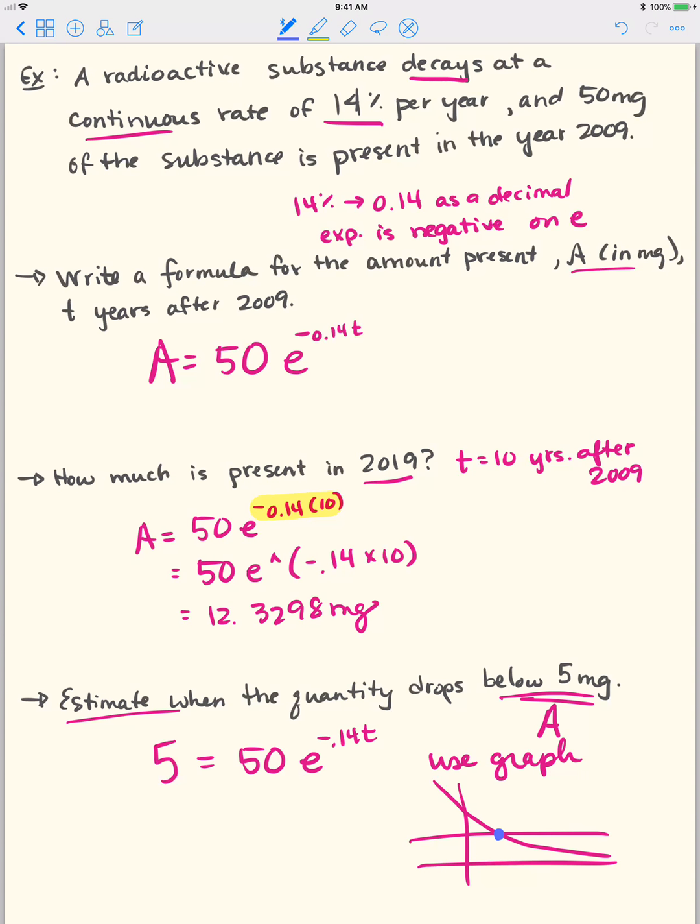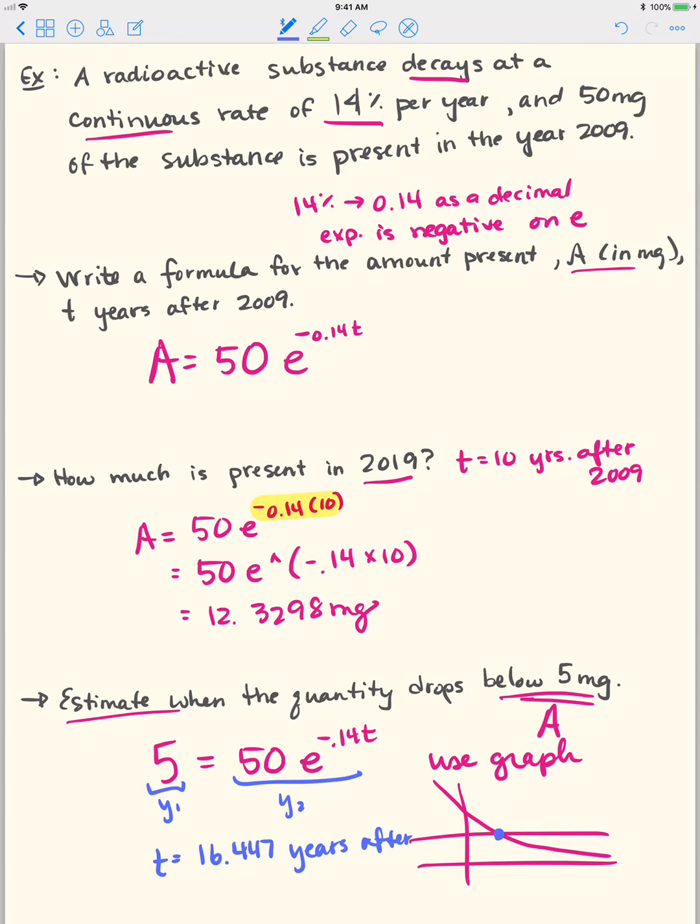So if we do that, we put 5 as one of the equations, and then we put 50e to the negative 0.14x. We have to use x on a calculator, and then graph those two. Again, it doesn't really matter the order, but if we graph those two and see where they intersect, you get a t-value of 16.447